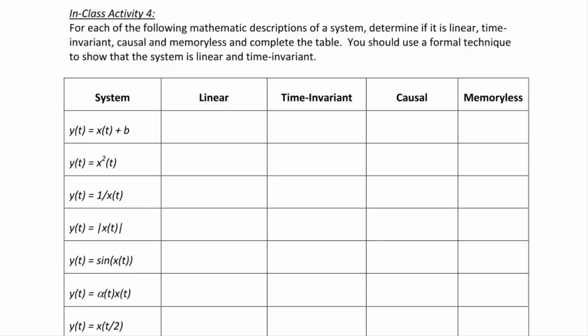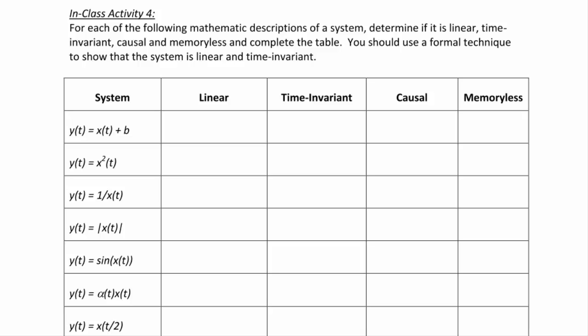So now let's complete the following table. For each of the following mathematical descriptions of a system, determine if it is linear, time invariant, causal, and memoryless, and complete the table. For causal and memoryless, you can typically look at the system description and determine that. However, there should be some type of formal technique to determine if a system is linear and or time invariant